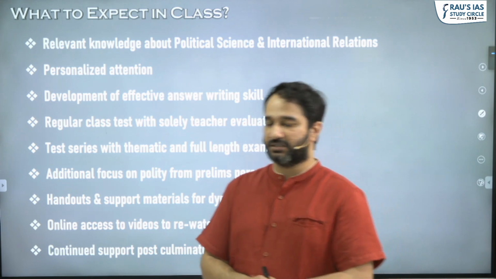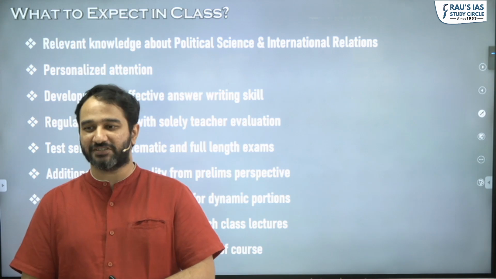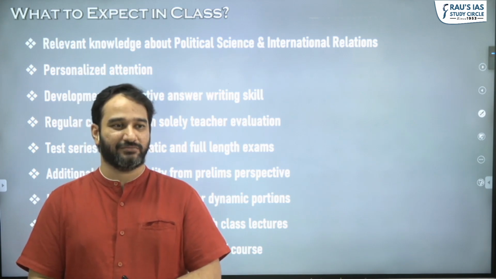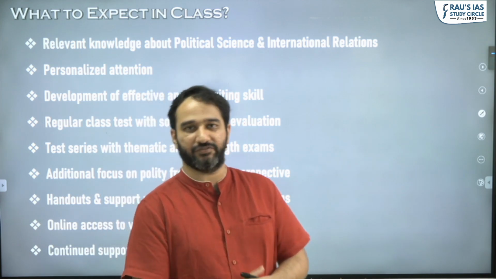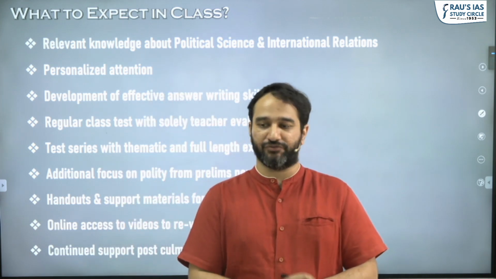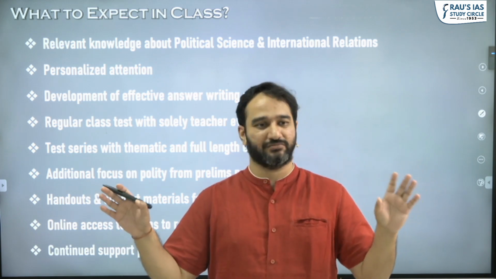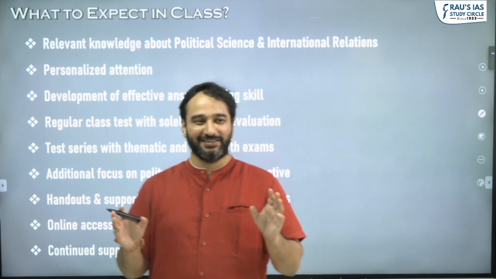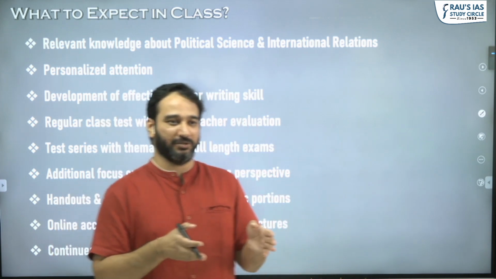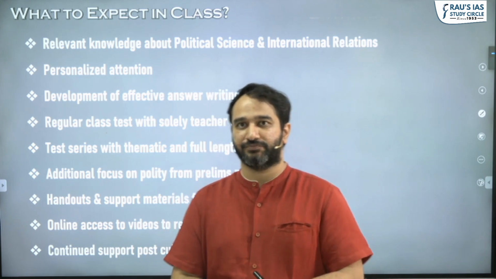The second part is, if you're just looking for a subject to qualify, and interest is really not the goal here, then PSIR does have 70% overlap. If you're from an engineering background and for you all the social science is the same, and the only thing that you're looking for is to qualify, then PSIR is going to help you with that because it would have 70% overlap.